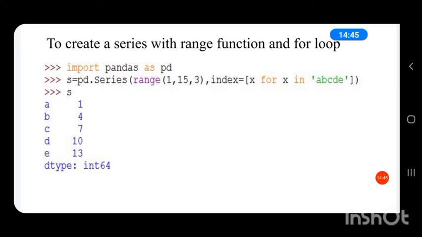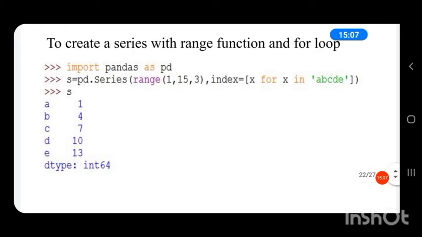So the for loop will iterate 5 times because there are 5 characters in the string. So for each character, the corresponding value is also created. So a series is created with the corresponding data and its corresponding index.